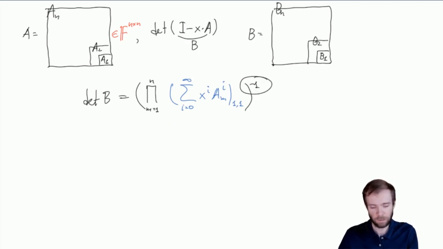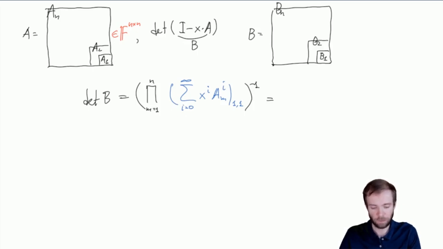Now, how do we take this inverse? In the very same way. So we have a product here, a finite product of elements of these infinite series involving matrices. But really, if we formally compute this series, it would be a matrix. But then when we take the element at position 1, 1 of this matrix, this would be just an infinite power series of x. And it will start with 1, because for i equal to 0, we have x to